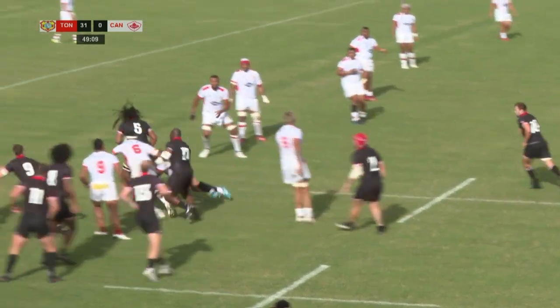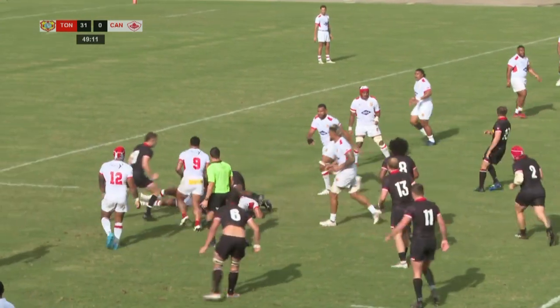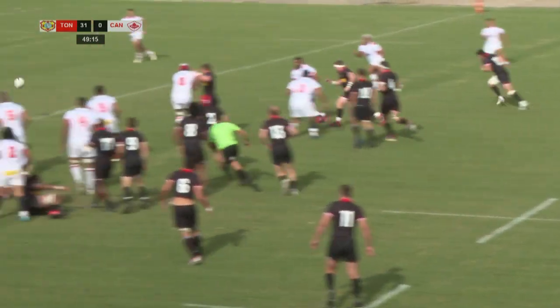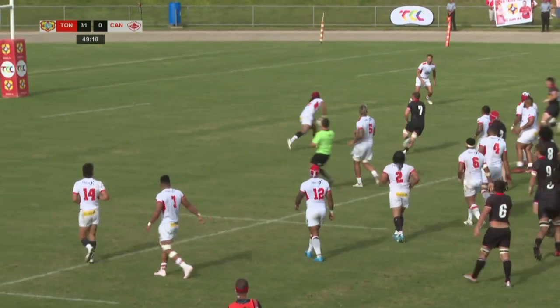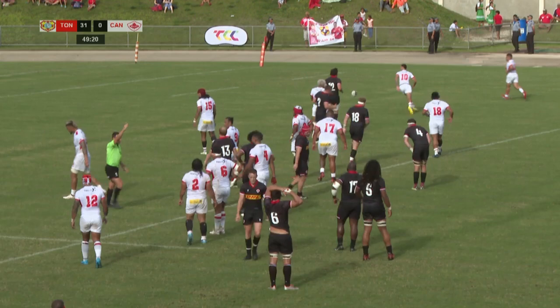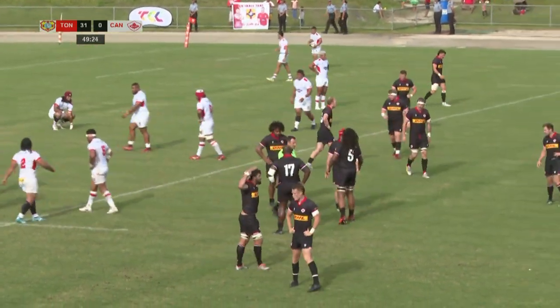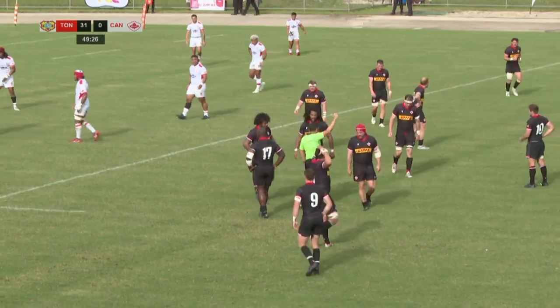Higgins with the ball, quick hands, and pick Isaac Kelly. They take it up with support by Lloyd to pick up by Higgins. Pass on to Povey. Gets a bit messy. Pick up by Miles here, but the referee has called it back for offside against Tonga. And Canada with the first opportunity in